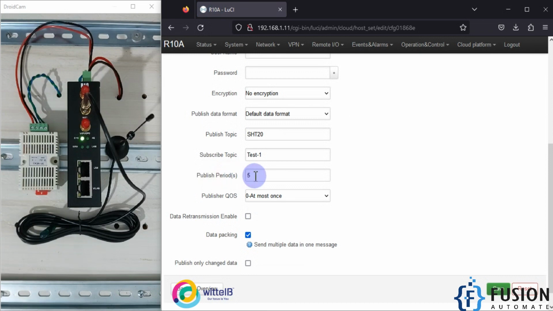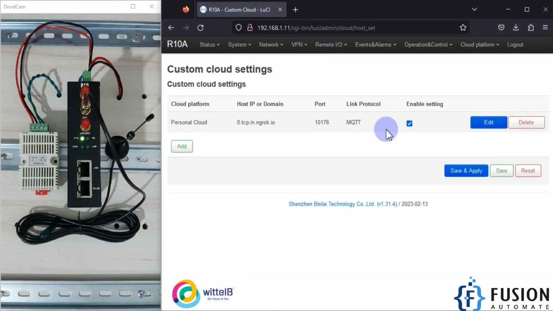I want to publish my data every 5 seconds, and quality of service is 0. And we have just enabled this custom cloud, so this gateway will publish data to the custom cloud at whatever interval we have set,